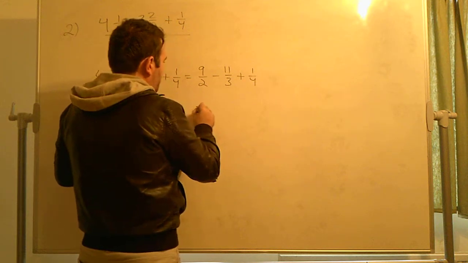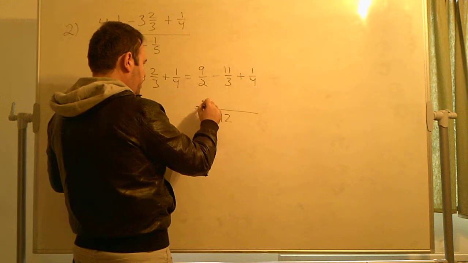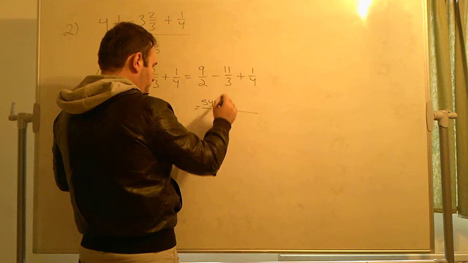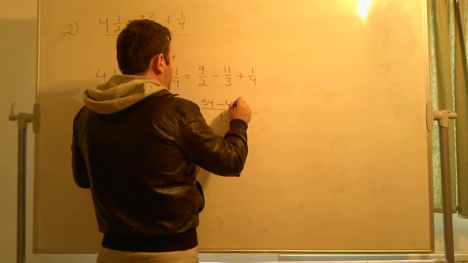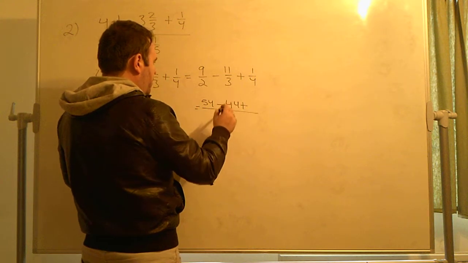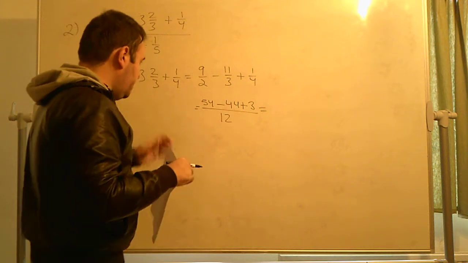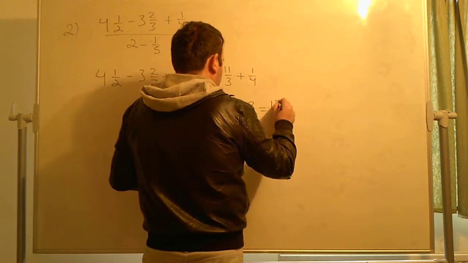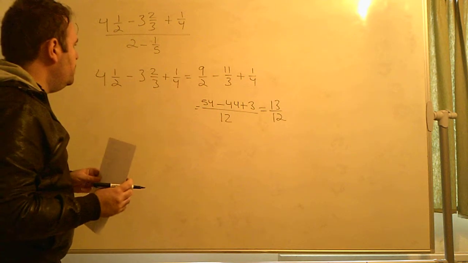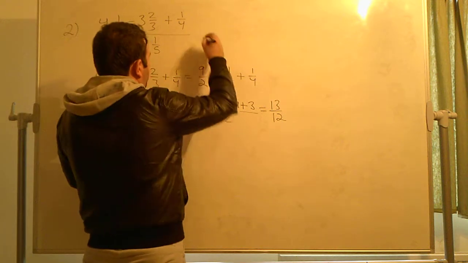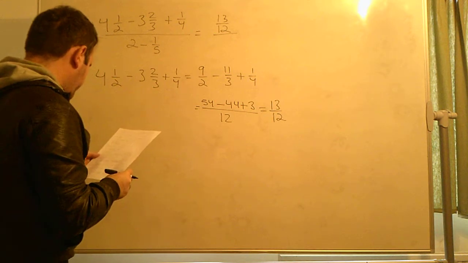So the least common multiple in this case would be 12. So 12 divided by 2 is 6, times 9, 54. Minus 12 divided by 3 is 4, times 11, 44, plus 12 divided by 4 is 3, times 1, 3. So this would be 54 minus 44 is 10, plus 3 is 13 twelfths. Okay, so this would be 13 twelfths divided by